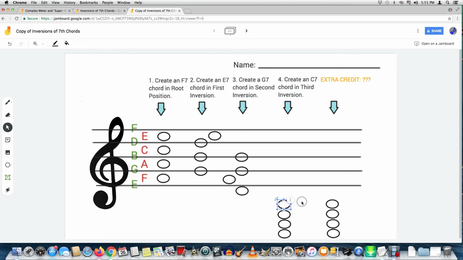And this time it's not a G7 chord, it's a C7 chord. So we have to start in root position. Well, I have a C up here, okay? I have a next note, one harmonic third above C. Now, to put a note a third above E, I would have to skip this line,